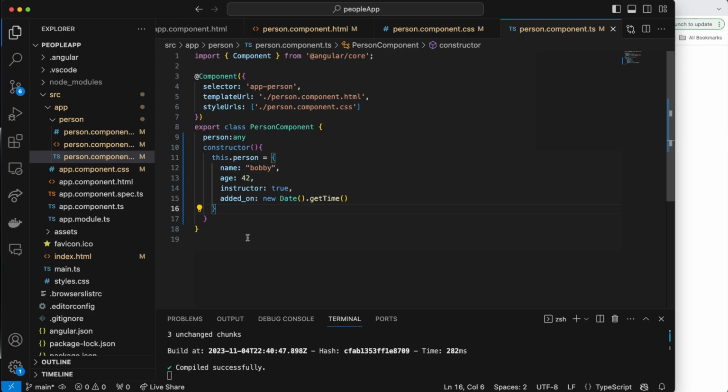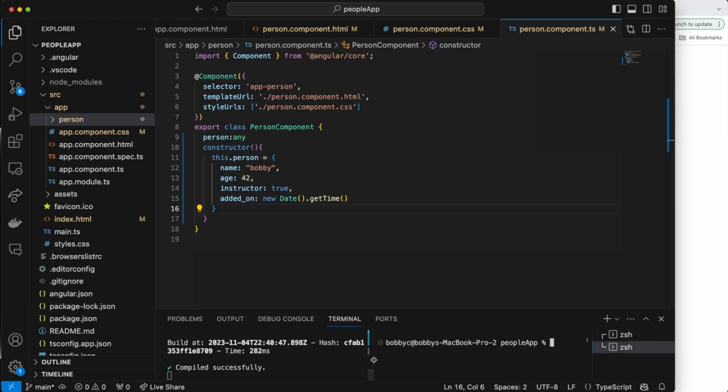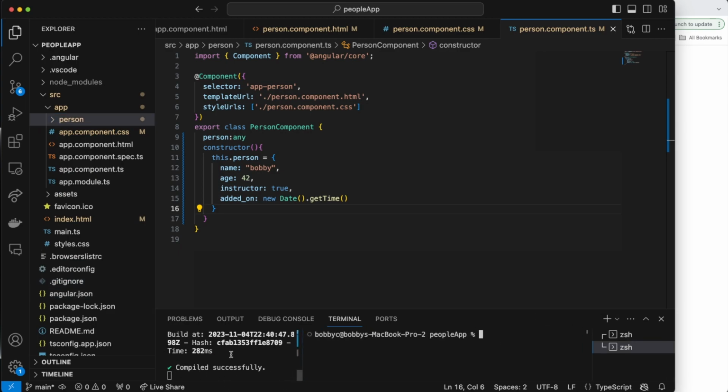Okay, so this is a very standard way of modularizing. We print out our data, and if we have some structure to hold these data, we have another component for that. Okay, so I'm going to jump over here and let's open up our terminal, and we were compiled successfully, and you can see that we are actually compiling still. So I'm going to come over here and do an ng generate component. Okay, so generate could also be shortened as g, and if we do a dash skip